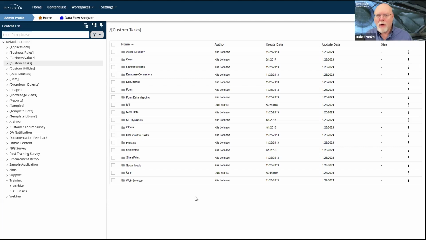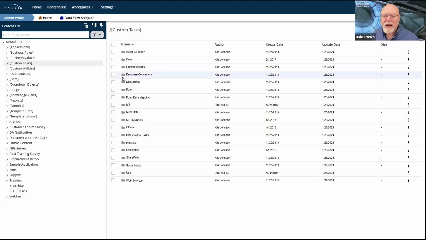Over time, the library of custom tasks has grown, and as we add new features to the product, we add new custom tasks for those features. For example, back in 2019, when we added case management to the product, we added some case management custom tasks. So new custom tasks get added from time to time.